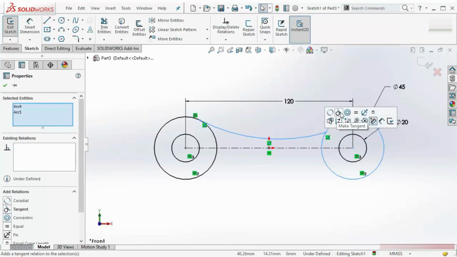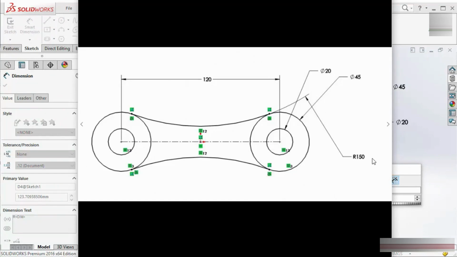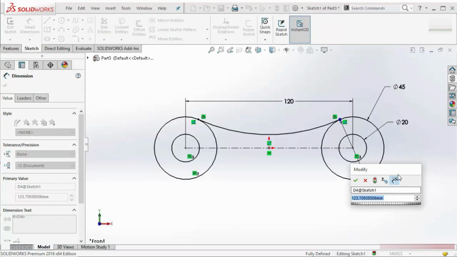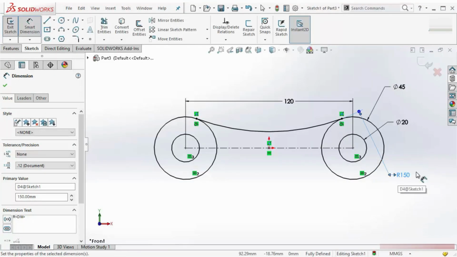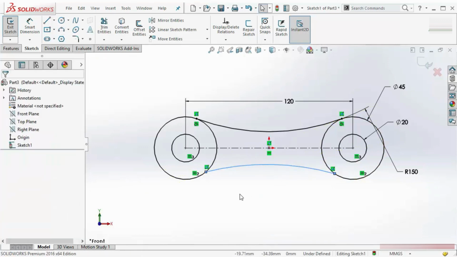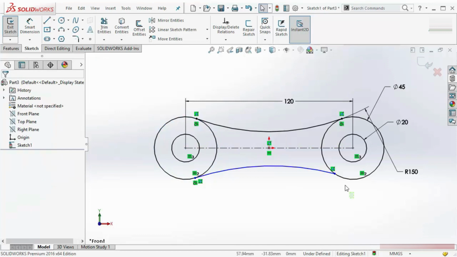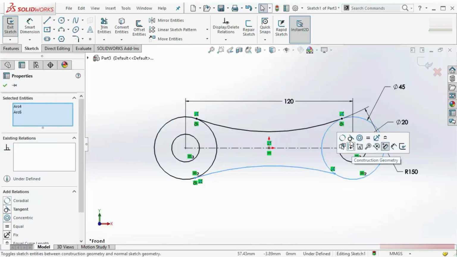I will put tangent relation. Now I have to put radius, which is 150. So one side is done. I will create the arc on the other side. I will follow the same steps. If you drag and select this way, this is the quickest way,